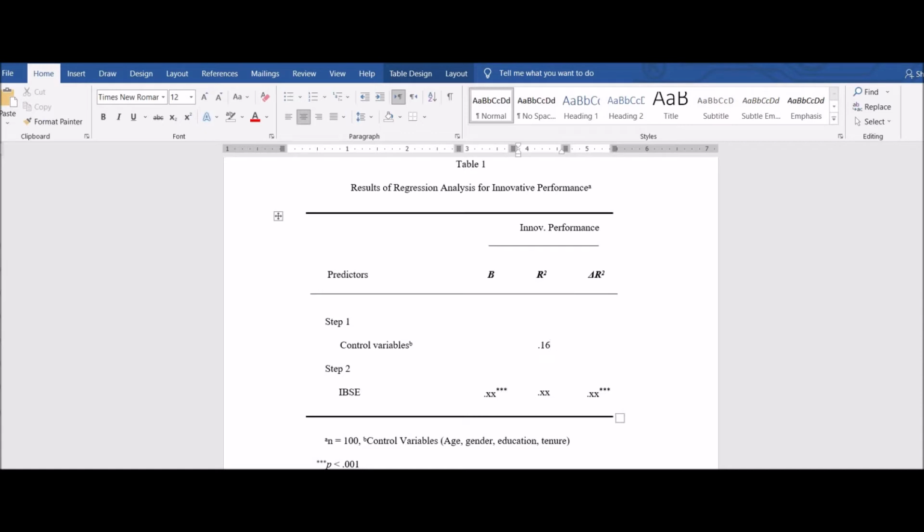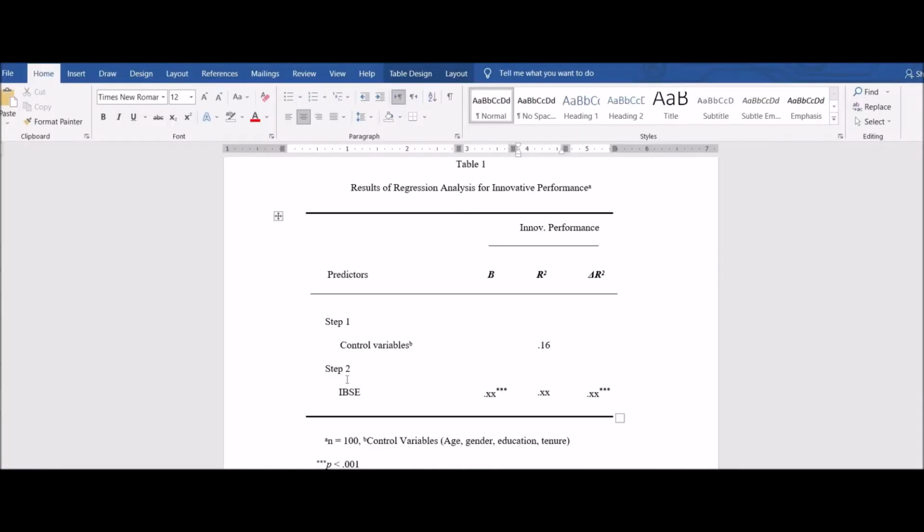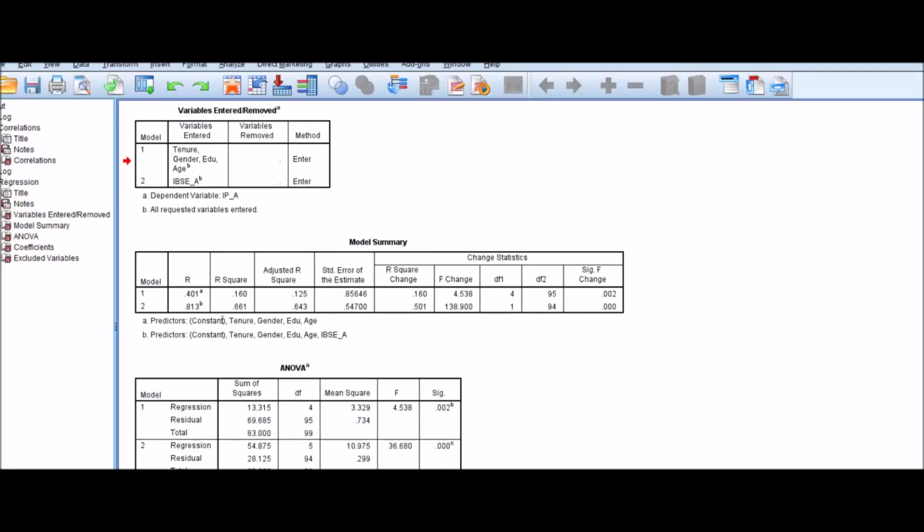Now in model 2, you see that R square value is 0.661, and you will put the value of model 2 here. .66.